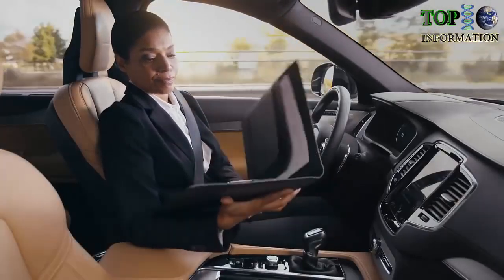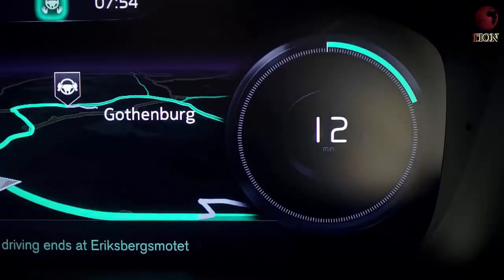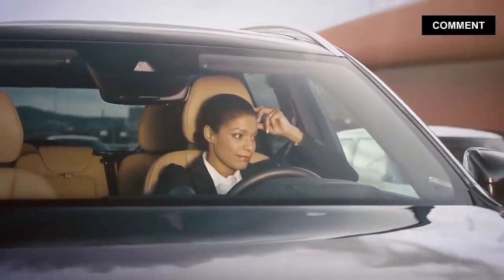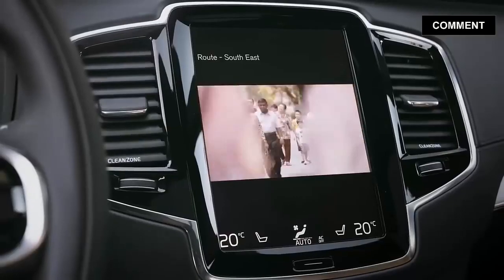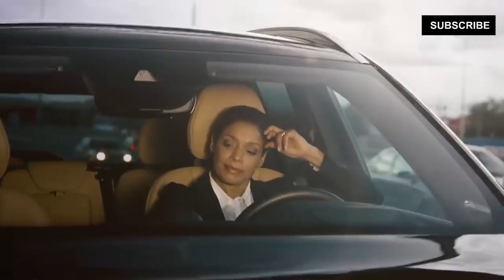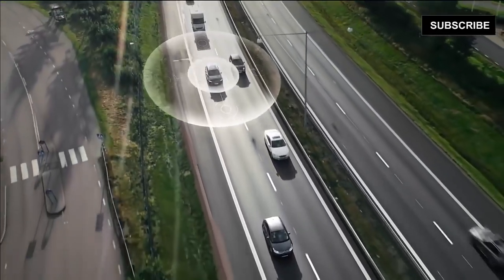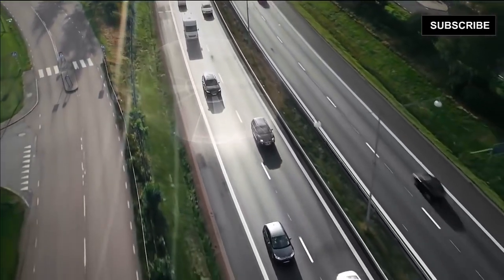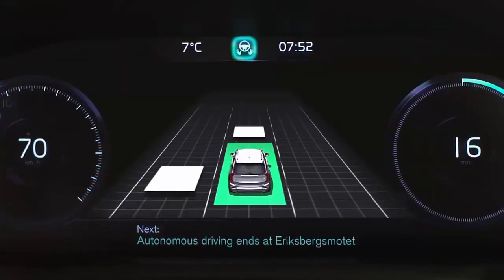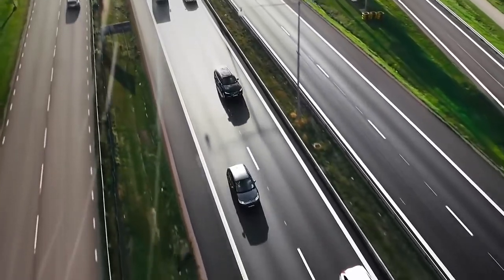The remaining driving time in autonomous mode is counted down in the center of the right dial, keeping you informed about how much free time you have left. Functions not available during active driving are now available to use. The autopilot monitors a complete 360-degree view of the surroundings and tells the driver about what's happening in the traffic environment, such as a smooth overtaking of a slower